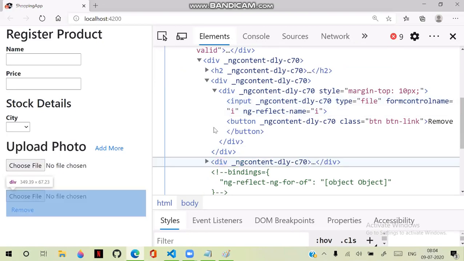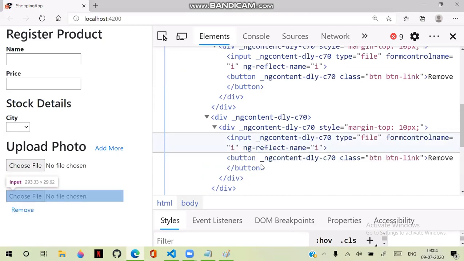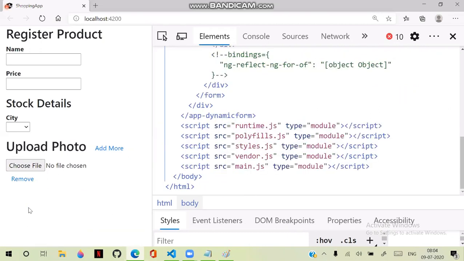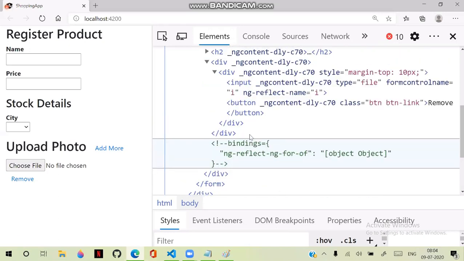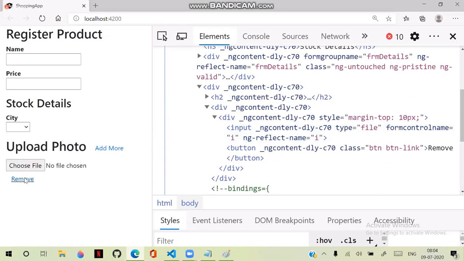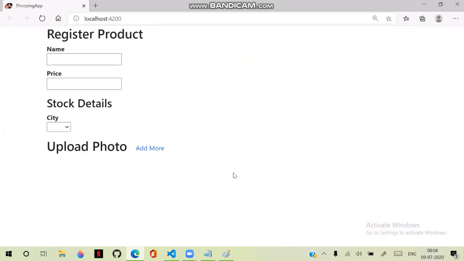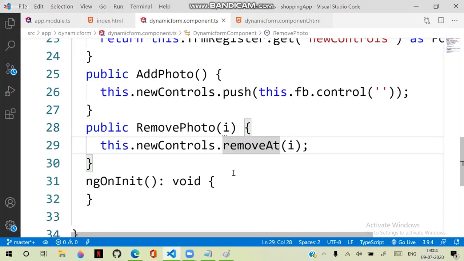In the div, we have one more file upload related option. Again click and it will add one more option below. And remove, and it should remove them. That means it will reduce the burden on your page. So you don't need to define every time. Just dynamically you can add the